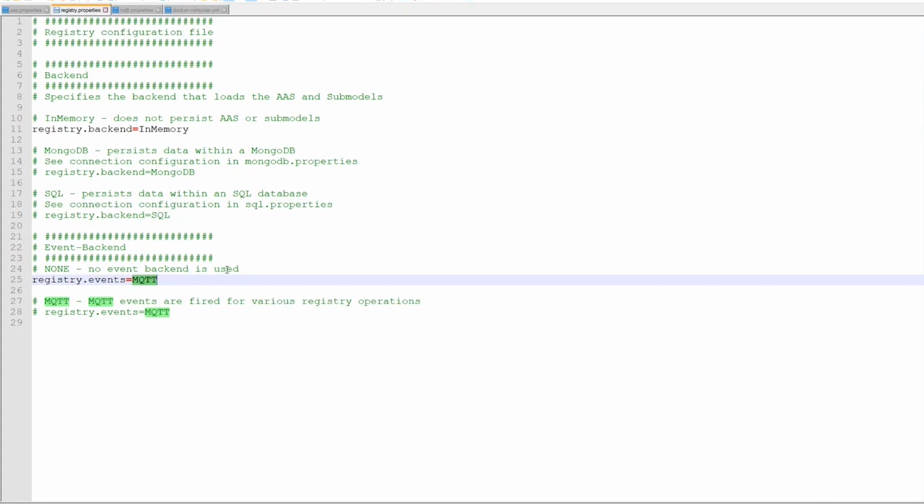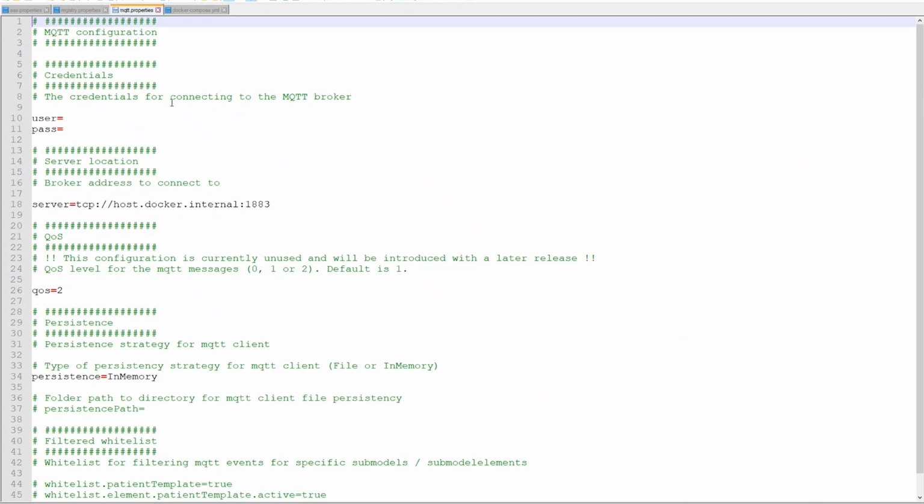That other application could subscribe to the event to get notified when new asset administration shells are uploaded into the system. And for this, we turn that feature on in the registry properties, and then also use the MQTT property to